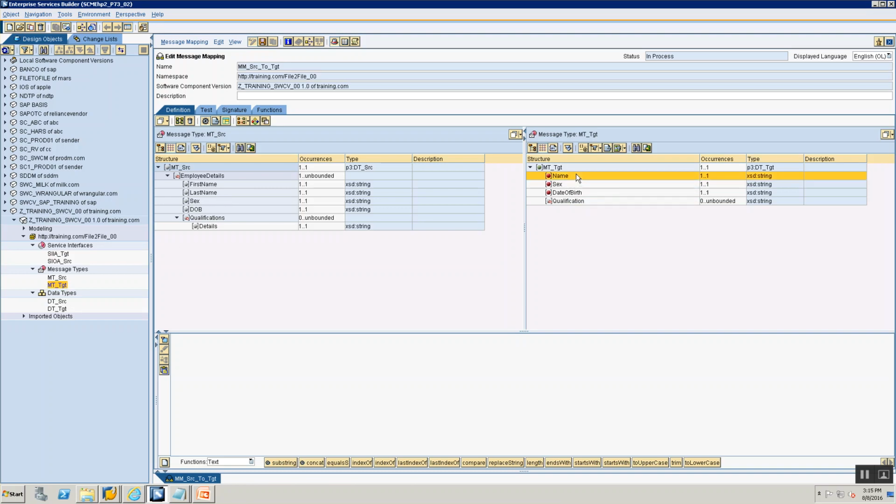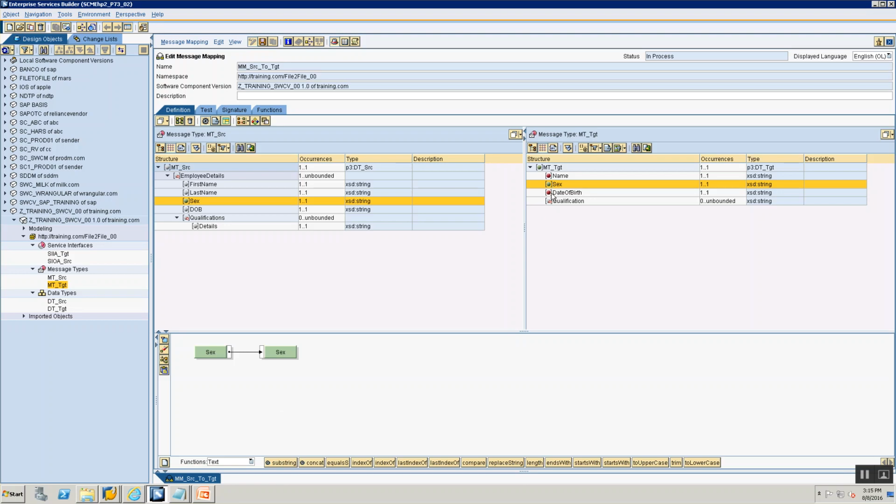What is the name field? The name field is a concatenation of the first name and the last name. Okay, we will come to that. Let's do the easy ones first. Let's map sex to sex. So what I need to do, I just drag the sex here and drop it here. As simple as that. What did I do? I drag this and drop it into the target field. Drag it from the source and map it to the target,